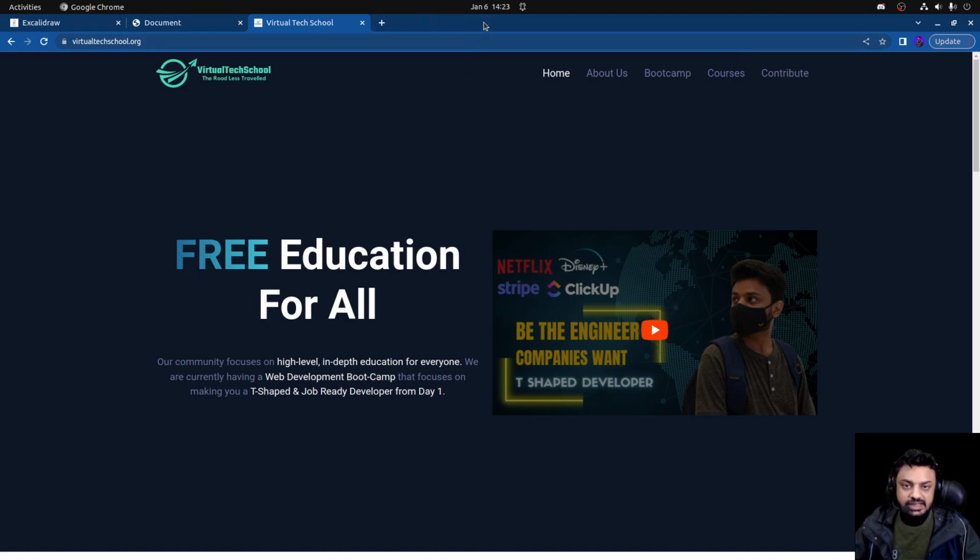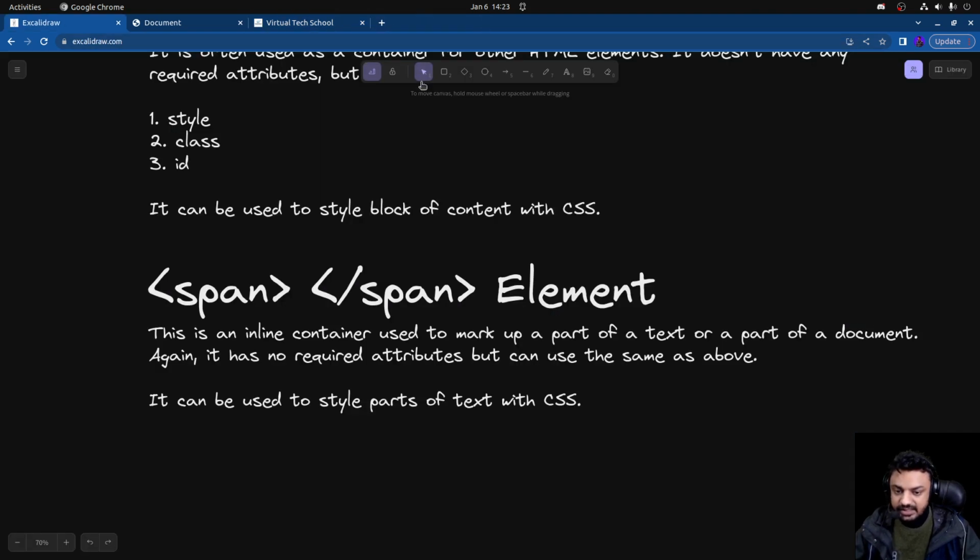So it can be used to select a part of a text that is there. So that are your span elements for you. Now,